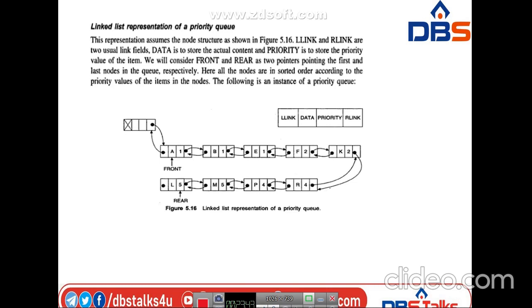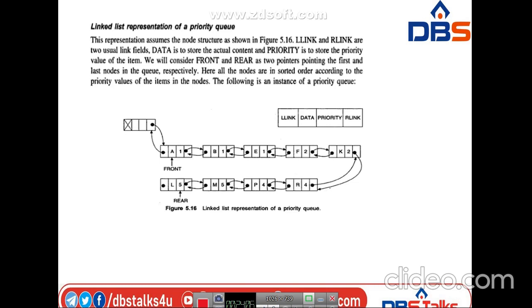Here we are going to take a priority for each and every value. This representation assumes this node structure. The L link, that is left link, and right link are the two usual link fields. Data is used to store the actual data, and priority is to store the priority value